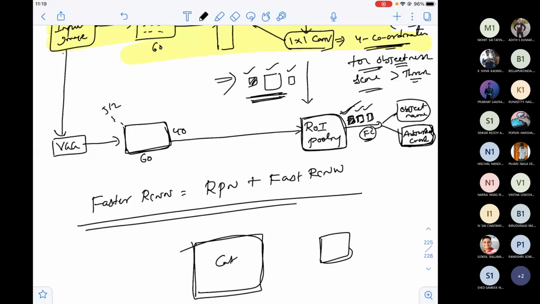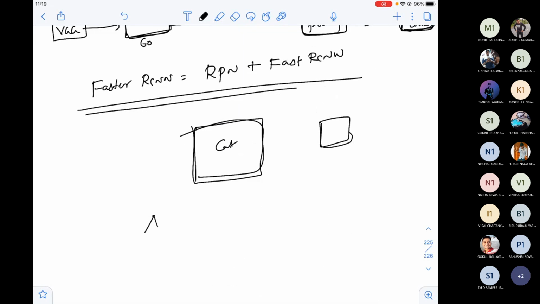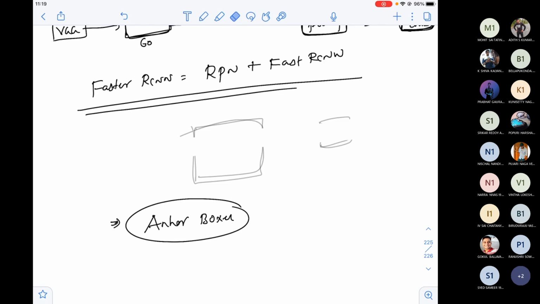One very important thing is, I think by now you should get a doubt: sir, why are you naming this an anchor box? If you see the explanation, why they're called anchor boxes is not there anywhere, but I'll tell you the reason.